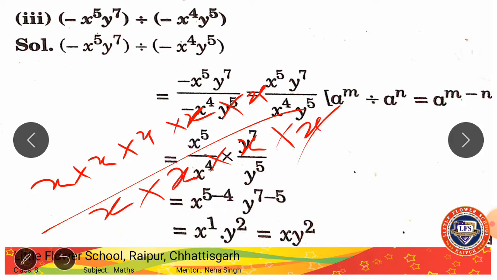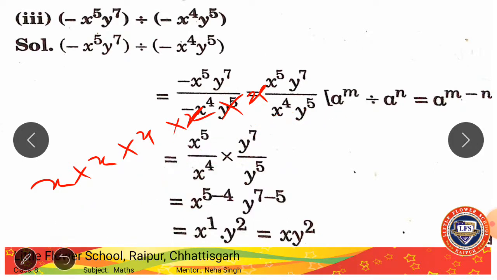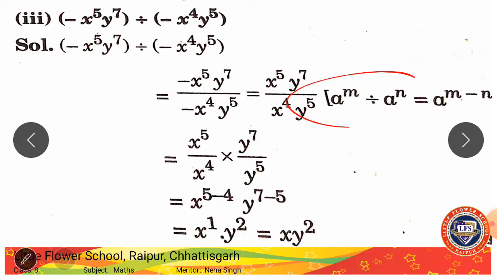One is this method, you can split and solve like till now you were solving. One method in this, I have done this exponent method because the power was greater, right? Instead of writing 5 times x, then 4 times x in the denominator, then again writing 7 times y and all, you can solve through this method, right?